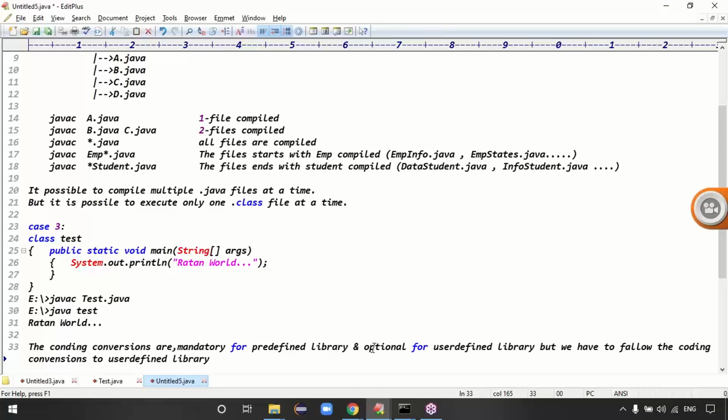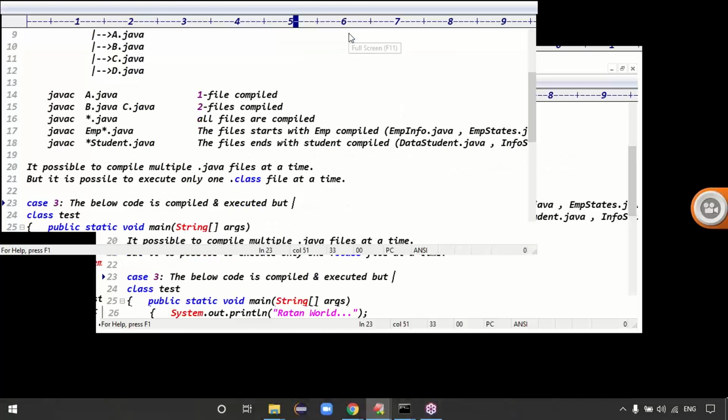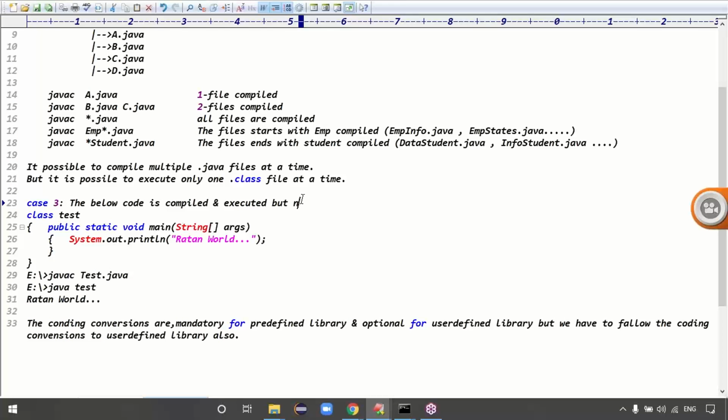Guys, this is conclusion number 3. The below code is valid. The below code is compiled and executed, but is it recommended or not recommended? It is compiled and executed, but not recommended, right?